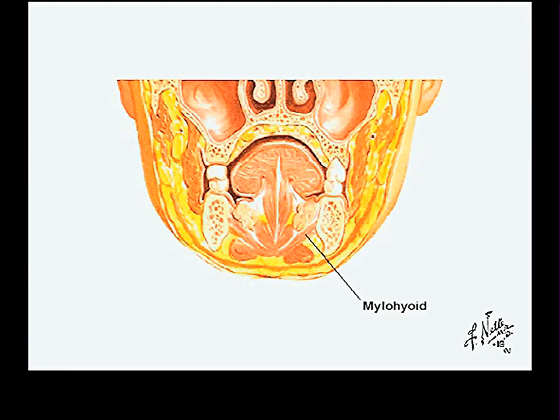It's got a raphe down the middle, just like your levator ani has. So these are really two muscles: a right mylohyoid and a left mylohyoid joined at the raphe. But it is really just a sling or a hammock below your tongue. And its main function in life is, in fact, to cause the floor of your mouth to become semi-rigid